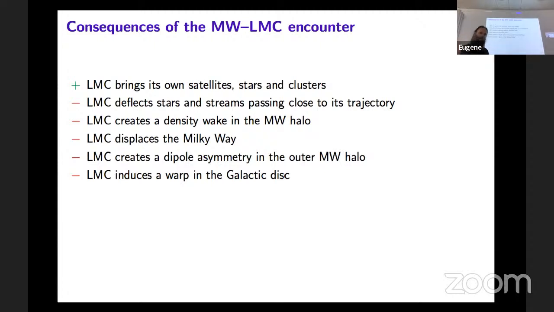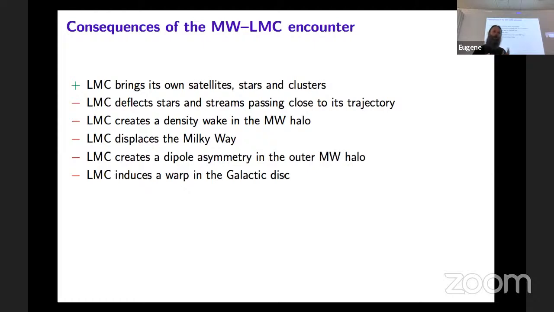First of all, this is the summary of my talk. I'm going to talk about the positive and negative effects of the LMC on the Milky Way system and the life of galactic dynamicists. The positive effect is that the LMC brings some material so we can study these things in more detail. Most other things are negative in the sense that they make our lives more complicated, but that also makes it more interesting. I will actually start not with the first one, but with the other factors, and that is the